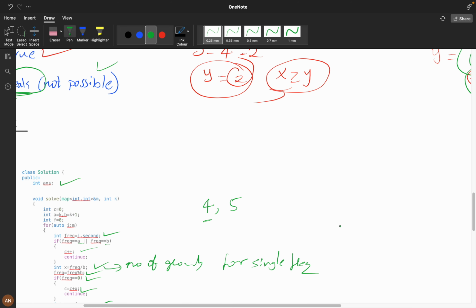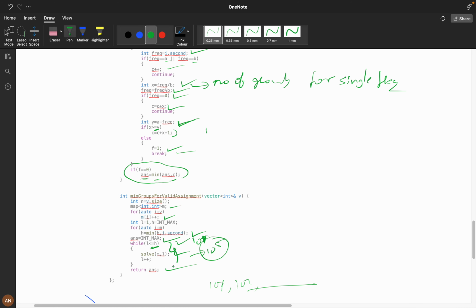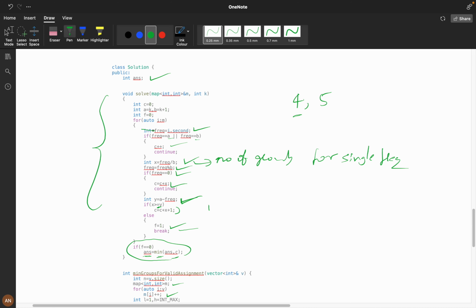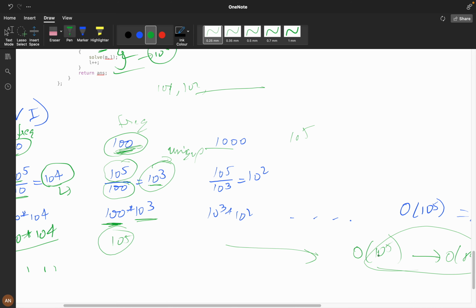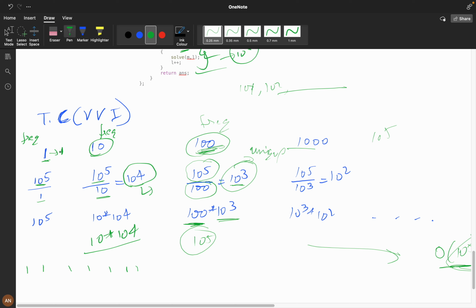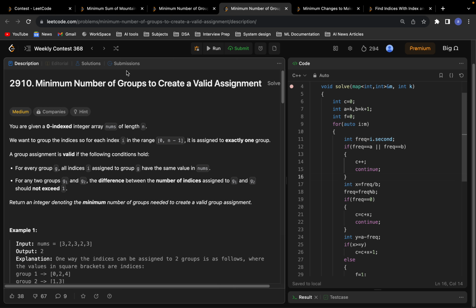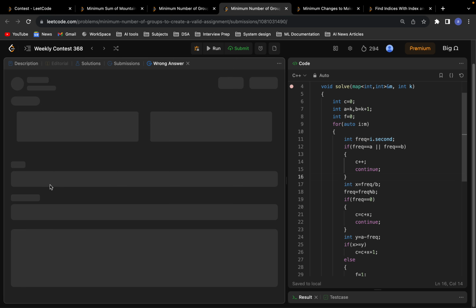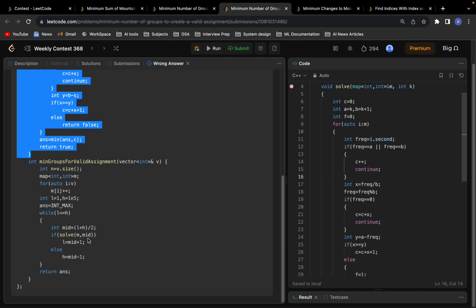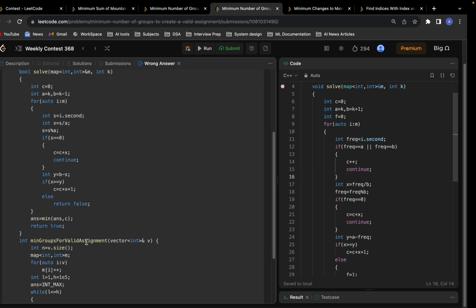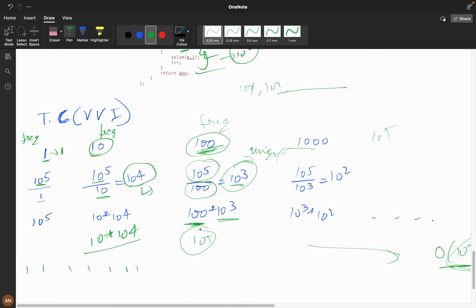That is why, if you can see here, these are my 2 loops. This is one loop and this is another loop where I am iterating through the map. But it is valid because my maximum time complexity can reach only 10 power 5. In the contest, I was thinking about binary search. I was thinking how to optimize the code, and you can see my submissions. I will show you my submission which failed. So you can see this was my code. The only thing I was doing was calculating the mid and checking whether it would be satisfied or not. Every time I was doing that, that's why I could not solve it in the contest. But if you generalize it, my time complexity will be 10 power 5.